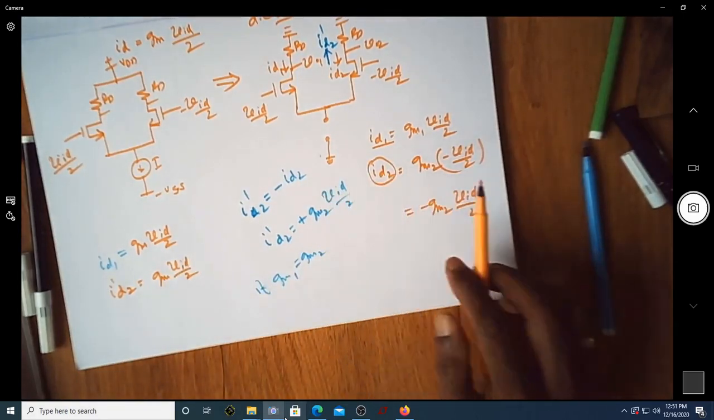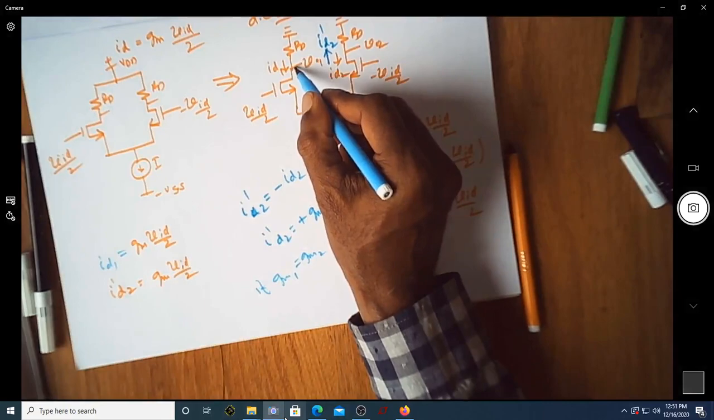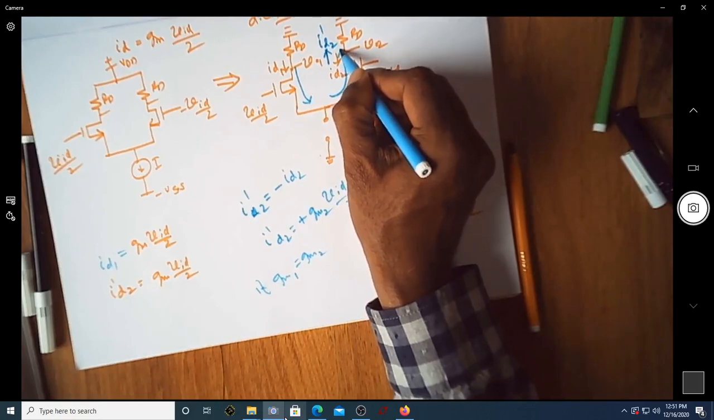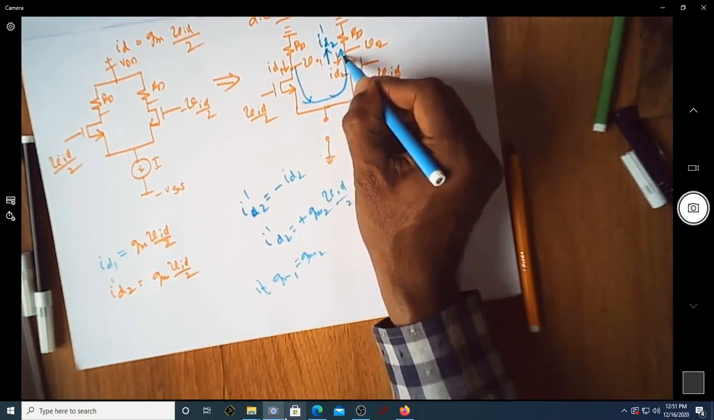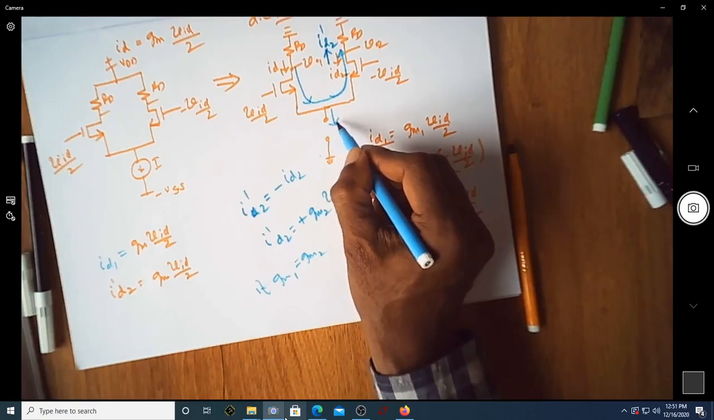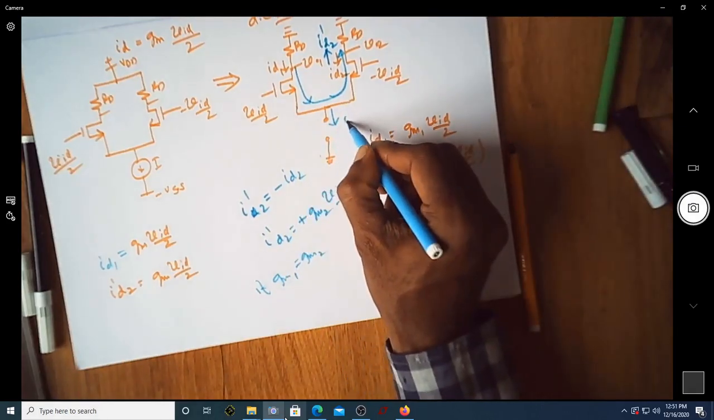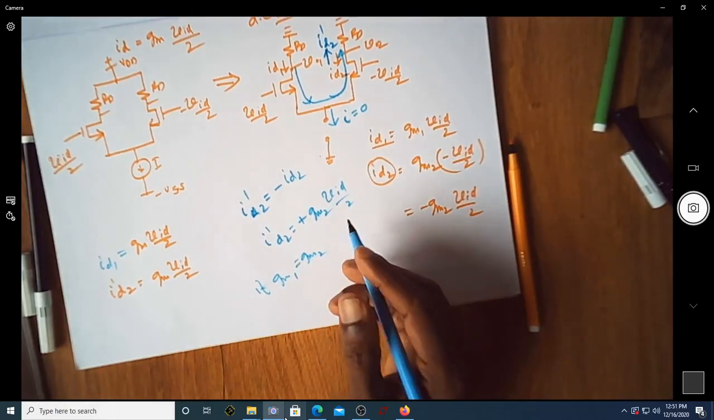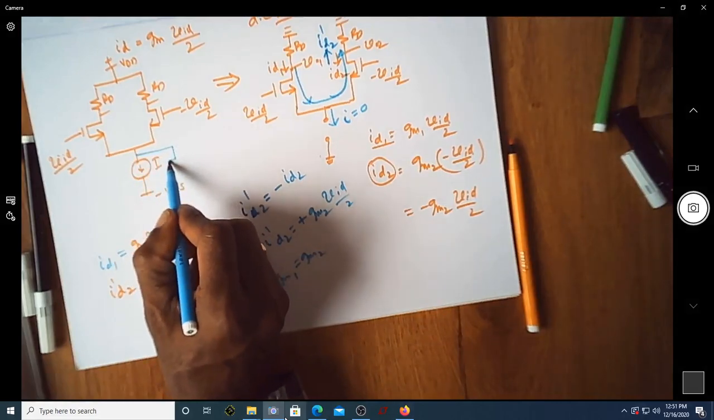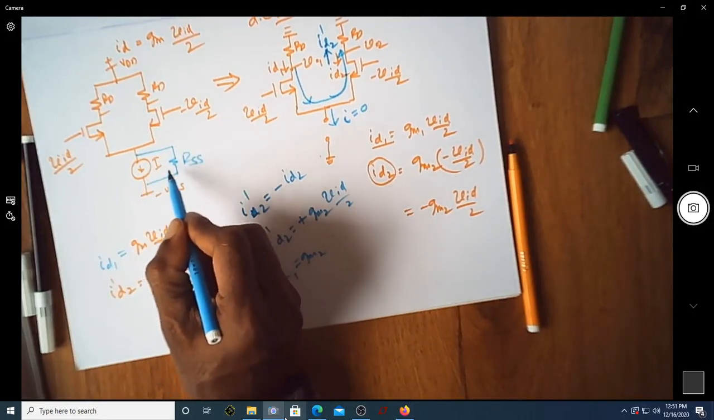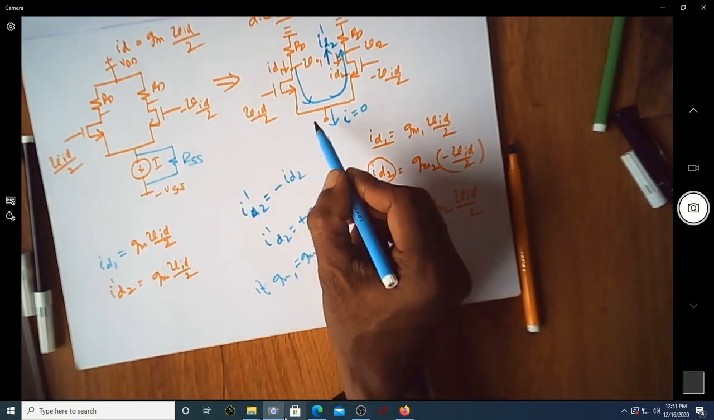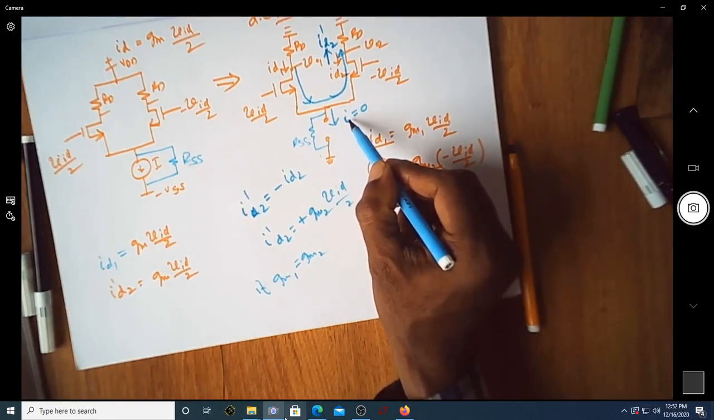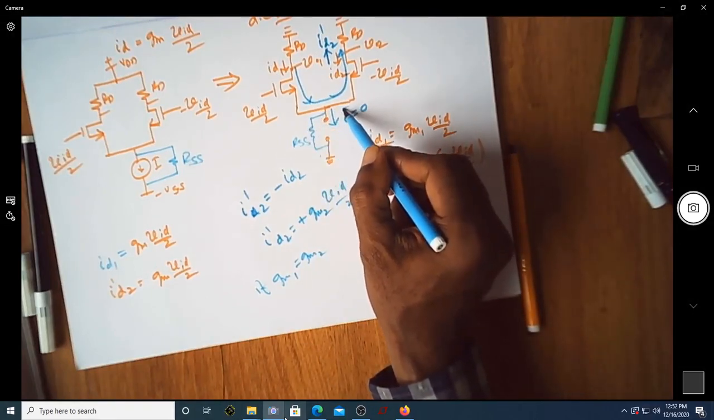What I mean to say is, whatever current that comes over here, the same current will go here. Correct? Can you see the same current is flowing here? And the current that is flowing, I'm just talking about the AC current, is actually zero. Even if you consider a resistor RSS across the current source, the AC current that would flow through this RSS would be zero